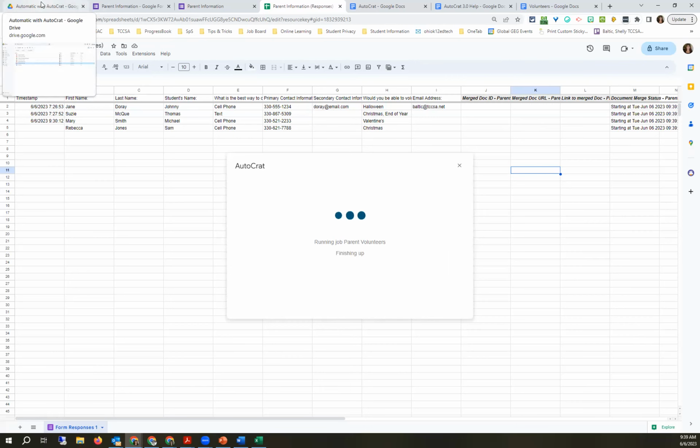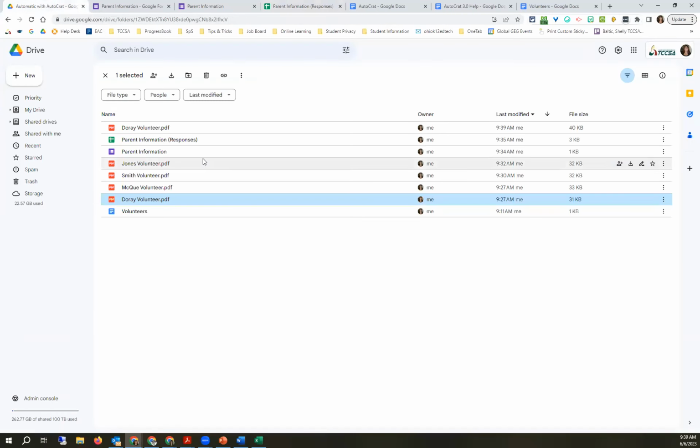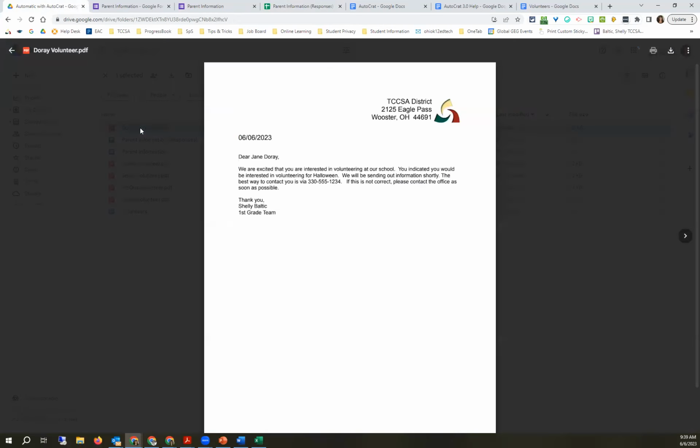It's thinking. You can see it's creating those. Now when I come back through here, it created one document, okay, but it has 4 pages. So if I scroll through here, and again, I left the file name the same with the last name and